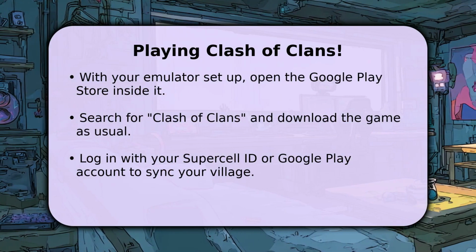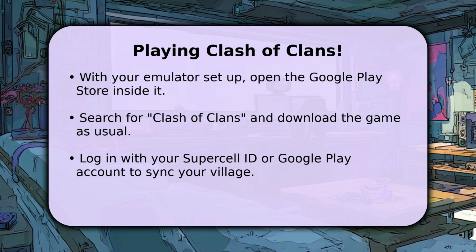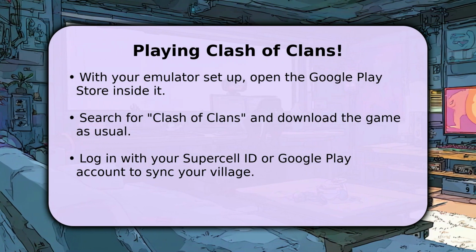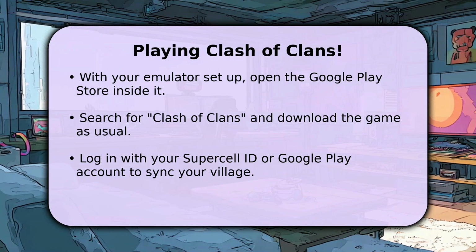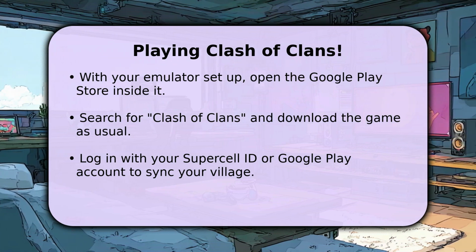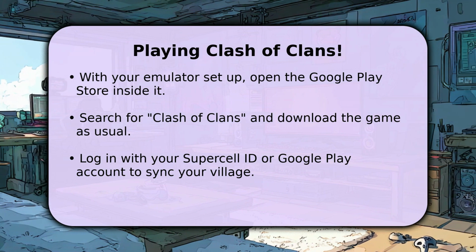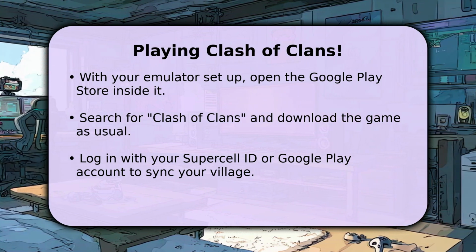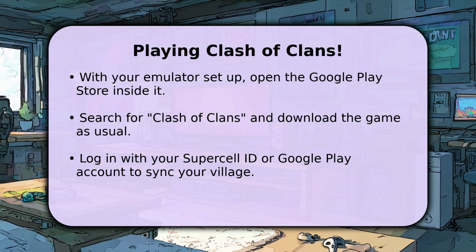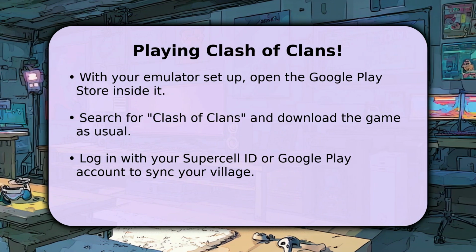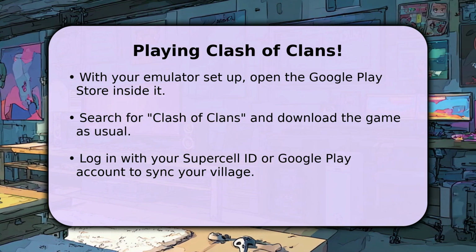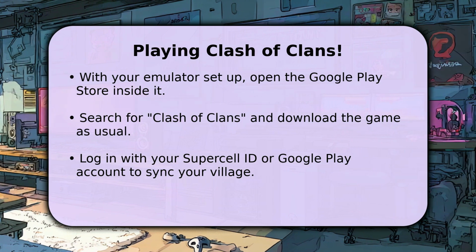Now for the fun part. Once your emulator is ready and you're logged into your Google account, simply open the Google Play Store from within the emulator itself. Search for Clash of Clans, hit that download button, and install it just like you would on your phone. Then, log in with your existing Supercell ID or Google Play Games account to load up your village, and get ready to enjoy Clash of Clans on your PC in a whole